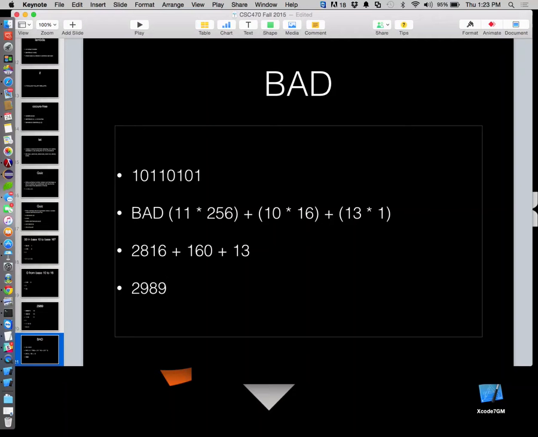Always gonna do it next class. Just write 29.89. No, which is show me your work. This is the ones place, tens place, hundreds place, thousands place. So we have 2 times 1,000